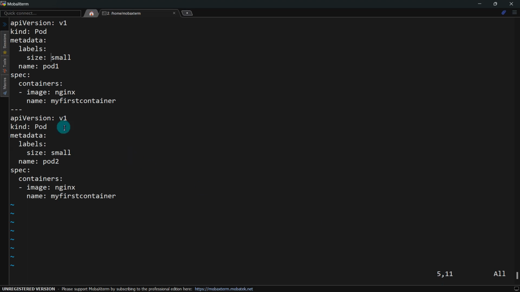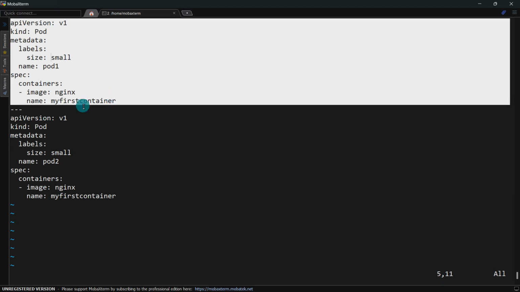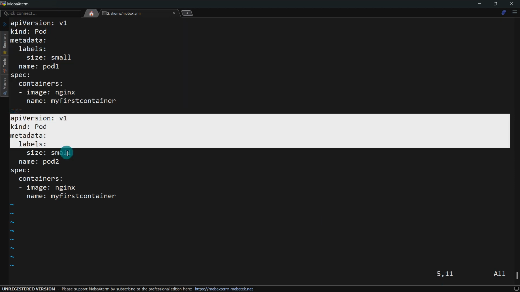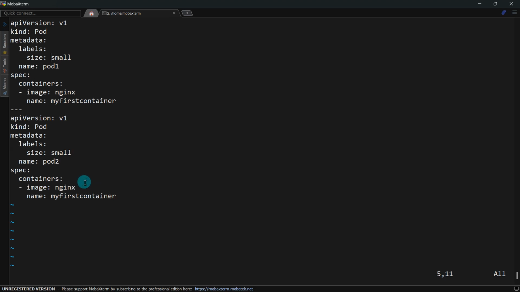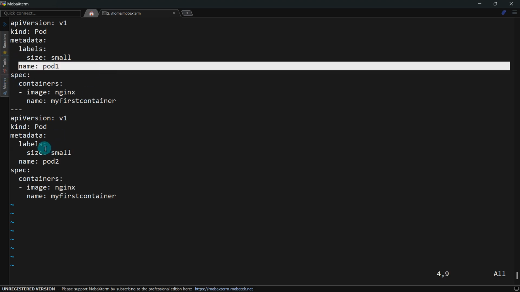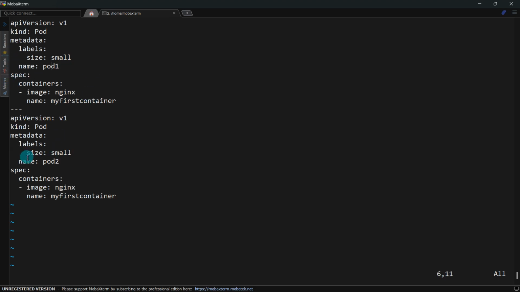Over here, you can see earlier I had one YAML syntax, but I can have one more as well. So depending on my requirement, I can write a lot of YAML definitions in a single YAML file. Let's say this is for the name pod 1, and this is for the name pod 2. My first container I'll say as 1, and this is 2. So if I just apply this